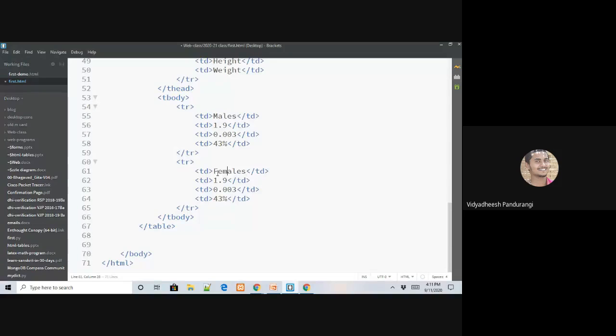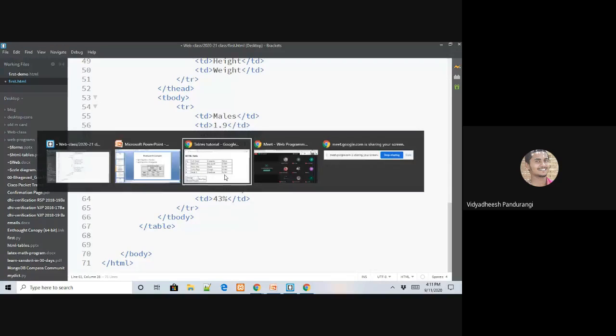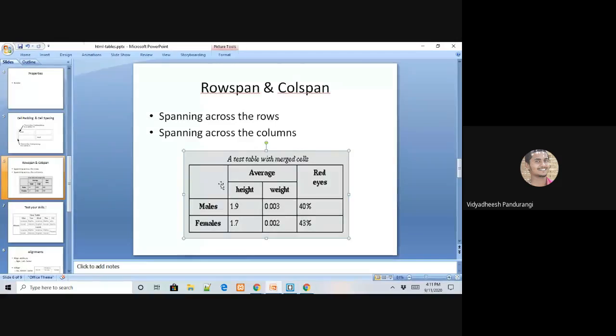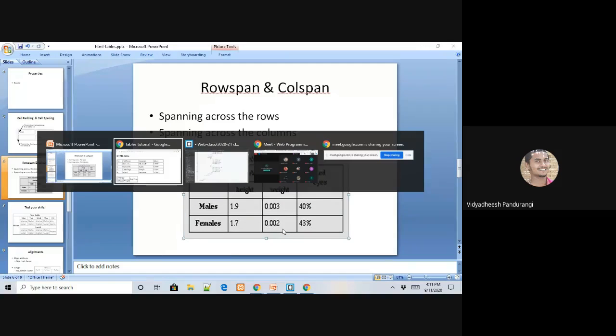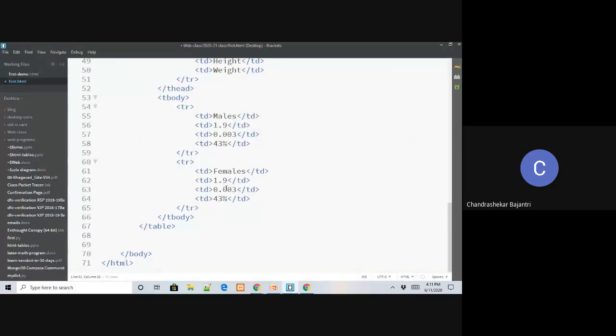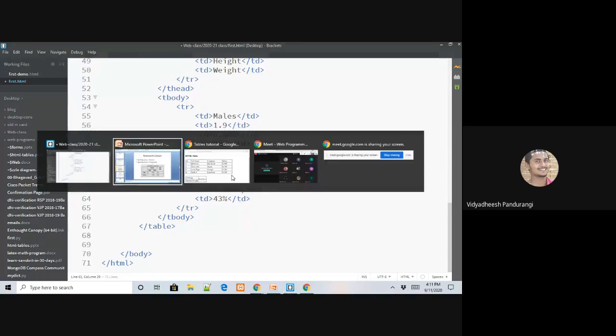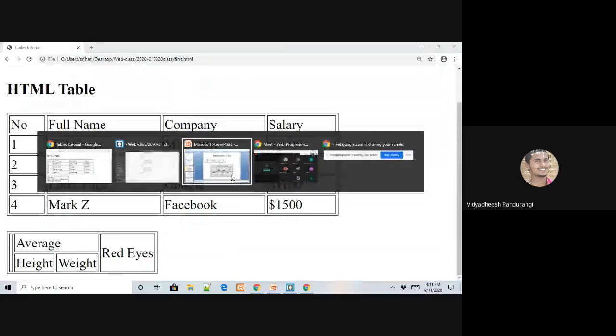I'll say females. Sorry, it is 1.7, 0.002, and 43, or let's say 40. So males 40%. Not a problem, it's going to be fine, even if it is 40. Whatever information I would like to add.